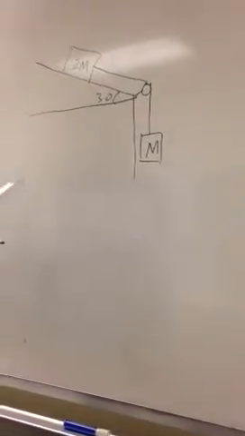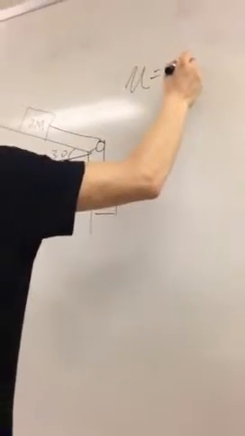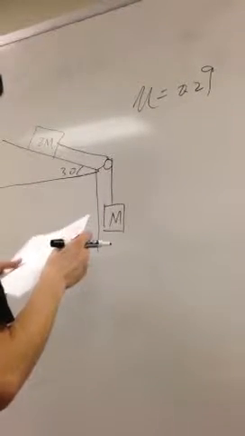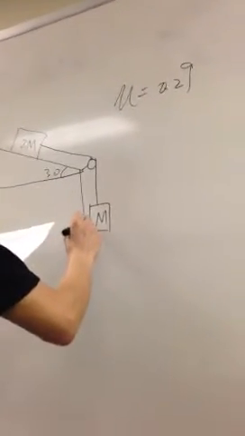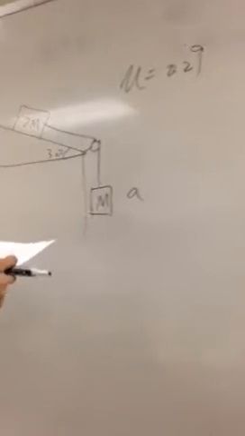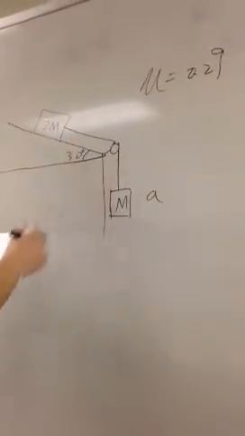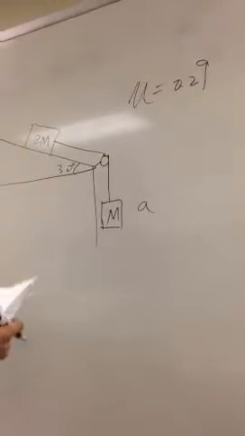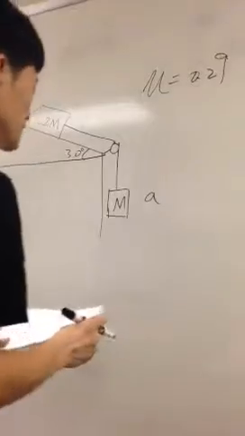Okay. We know the coefficient is 0.29. The magnitude of acceleration of the suspended block as it falls. The question is asking the acceleration. Acceleration for this block and this block should be the same because they connect to each other. So let's calculate. They didn't even give you the mass because it doesn't matter. As we calculate it, you'll notice